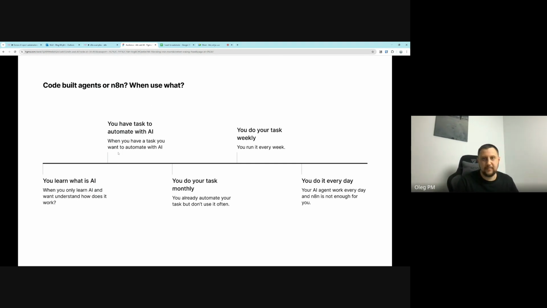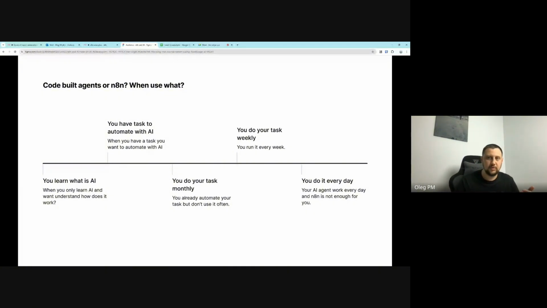In these cases, I recommend using N8N or similar tools. For example, if you do your task monthly and it's not a concurrent task, you don't do it very often, it's also not worth spending a lot of time building code to automate that task. Because in N8N, I suppose it can be 10 times faster to build some automation than to do it